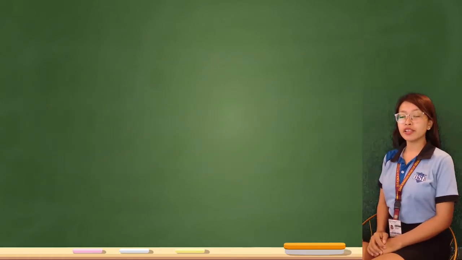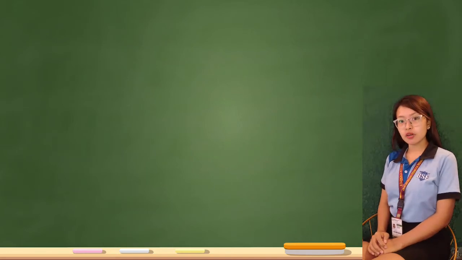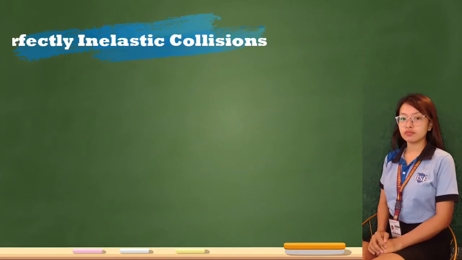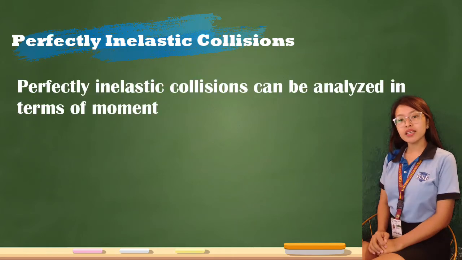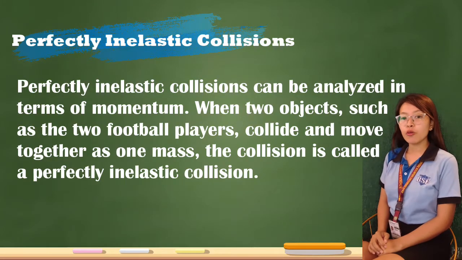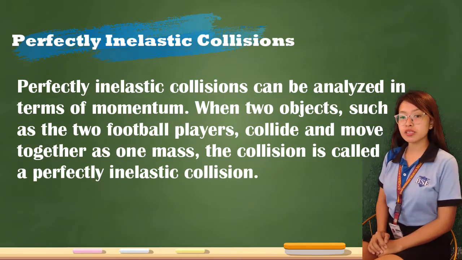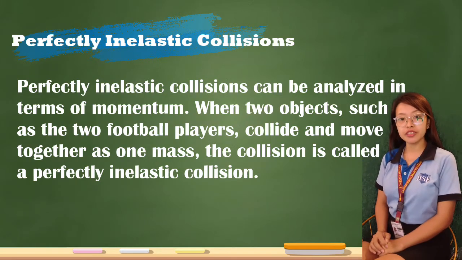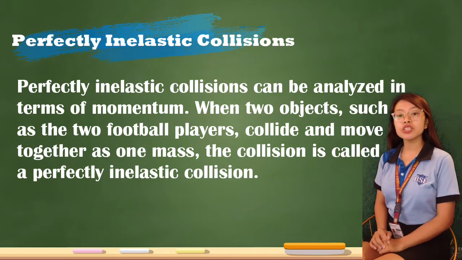Since we already identified what collision is, let's proceed to the different types of collision. Perfectly inelastic collisions. Perfectly inelastic collisions can be analyzed in terms of momentum. When two objects, such as the two football players, collide and move together as one mass, the collision is called